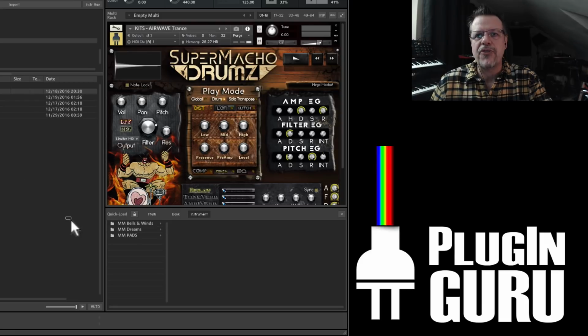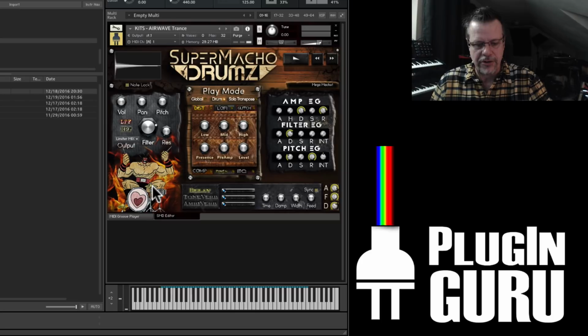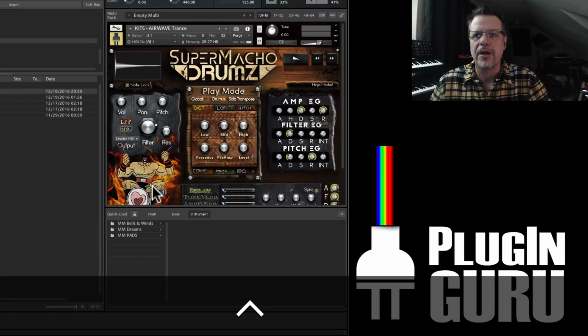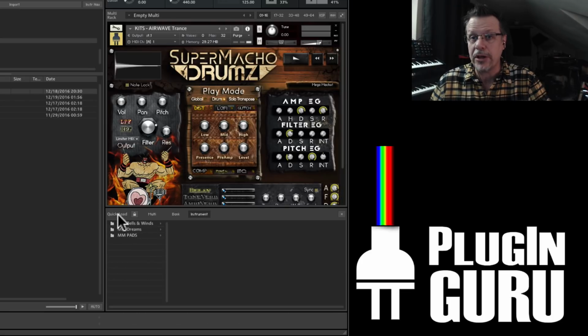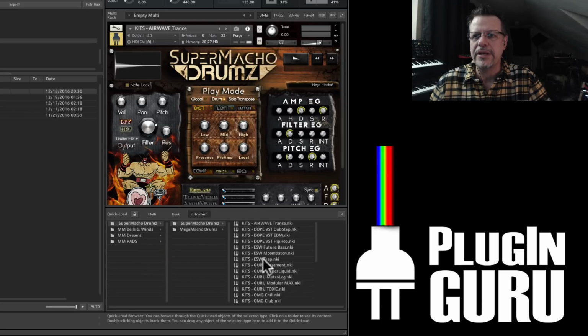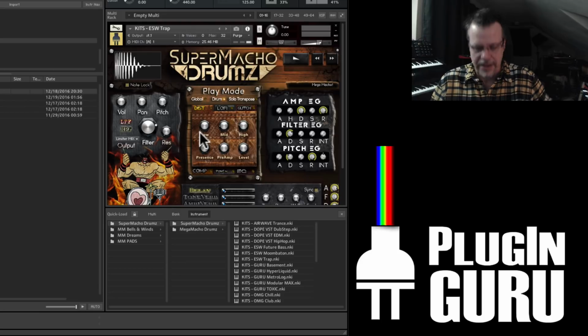I want this to be dragged over here, and to get this to work, you just right click or control click right here to open up the control. This is called the Quickload page. Click and drag right there. It'll take a second. There's a space at the beginning of the name so it shows up at the top of the list. And once you've done that, now it shows up in your Quickload, so it's really easy to say I want a trap kit, and now